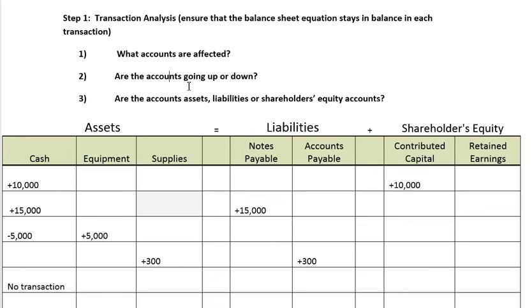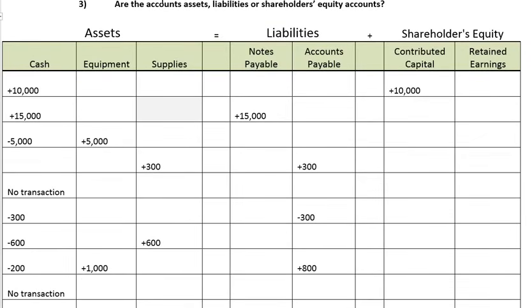So is the account balance going up or down? Well, cash has got to be going down because I'm using cash to pay off my account payable. My account payable has also got to be going down because I'm paying off a debt. So what happens? When your cash goes down, cash is an asset. We have your cash going down by $300, and accounts payable we know is a liability, and it's going down by $300. So what do you see? The left-hand side of the equation goes down by $300. The right-hand side of the equation goes down by $300, so the equation stays in balance, right?